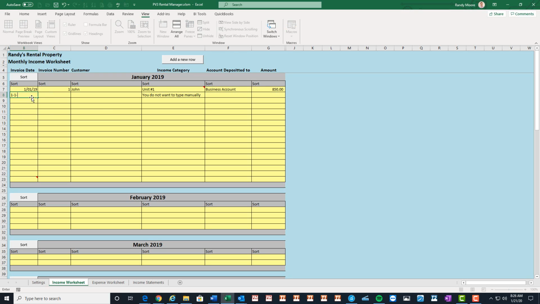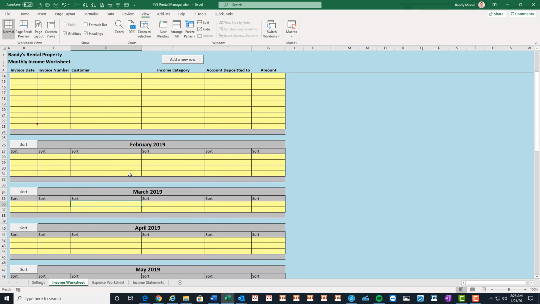Let's say on the same day, there is invoice 2. Let's say Sally, she's in unit 2. Or let's say unit 2 is unoccupied and she's a renter for unit 3, and let's say unit 3 is $750. That shows how to use income. And you would go through every month. Now you'll notice that some of the months have more